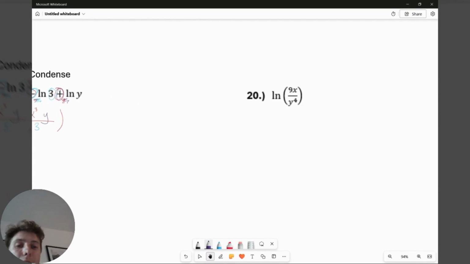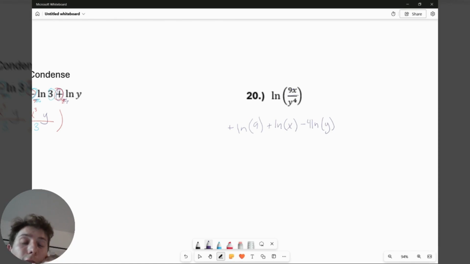Exact same idea. We separate stuff wherever it's multiplying, so the 9 and x will get separated. We also separate it where the division is, and it's the same rules. Natural log of 9 is on top, so it's going to be positive. The x was on top as well, so it will also have a plus in front of its natural log. The y to the fourth is on bottom, but since the y has an exponent of 4, that 4 would